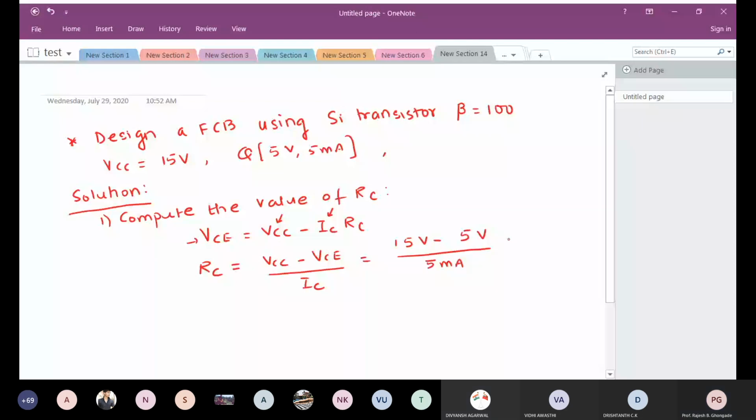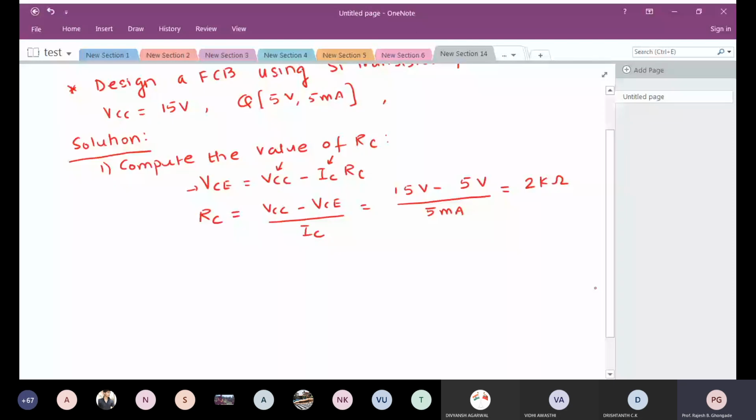So find out what is this value? Come on, guys. 2 kilo. It is 2 kilo ohms. Now I have seen students commit the mistake of not converting the milliampere at all. In the exams also I have seen. So please be careful about your calculations with milli, micro and all those things. So you have the very first value, 2 kilo ohms.